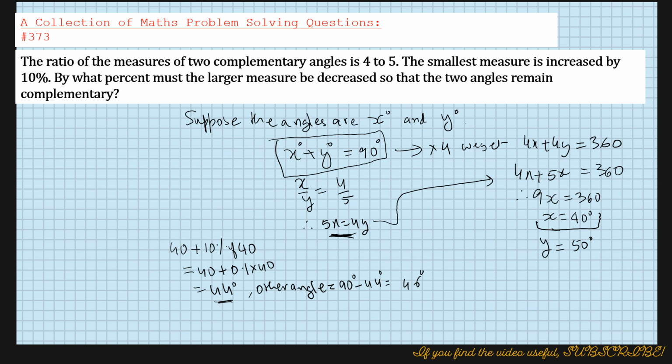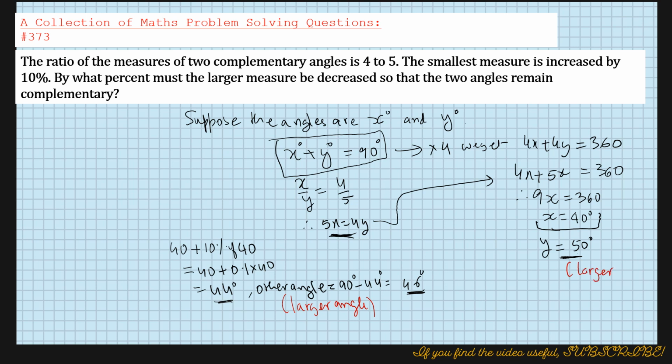So then, by what percentage must the larger measure be decreased? So it was 50 and it's now 46 degrees. So we can say that the larger angle, and you see this is also the larger angle,